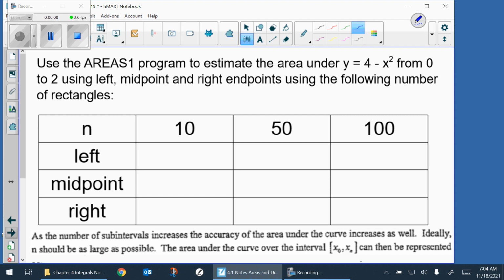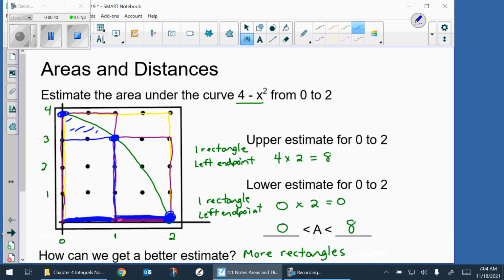Now, if I, using this exact same upside-down parabola, still going from 0 to 2, tell my calculator, because it's a little busy work, I want to make left endpoints, going from 0 to 2, and I'm going to make 10 rectangles. Well, what the calculator is going to give me is my estimate using left endpoints, midpoints, and right endpoints. So if I'm talking about a midpoint, I'm talking about,